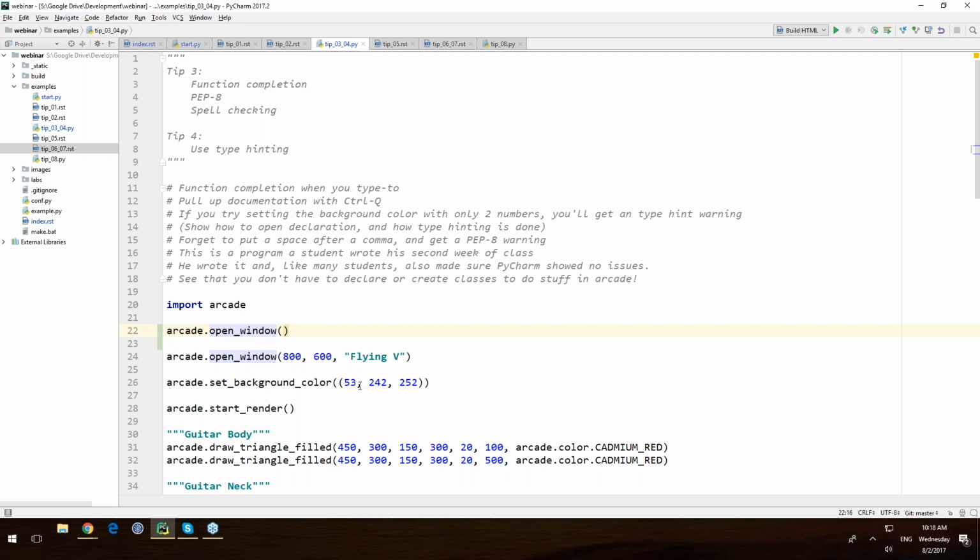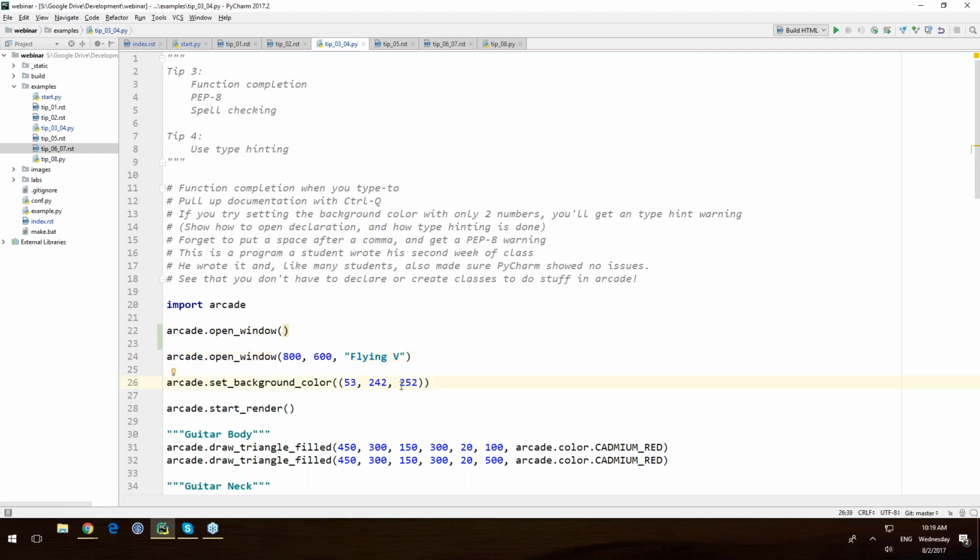And let's see, for instance, down here, as far as type hinting goes, if I end up putting in incorrect numbers, like for instance, if I put in the title and then put in the numbers, it'll give me a warning right here that it was expecting a number instead of a string. It's easier for a student to catch the errors here than it is after you run the program and you get a stack trace. So it reduces the student's level of frustration by being able to do that.